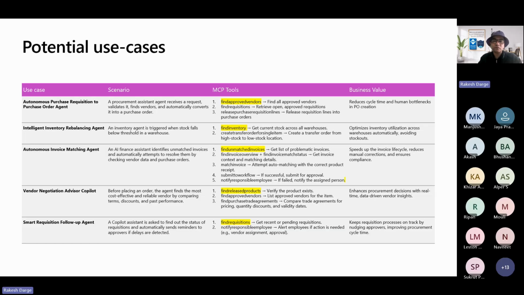So one of the set of MCP tools, as you can see here, I highlighted in a yellow marker, is find approved vendors, find requisitions, as well as the release purchase requisition lines. What I think about here is, if you leverage these two tools from this MCP server of FNO from Microsoft, I can build a use case where I can build autonomous purchase requisition to purchase order agents, right? So